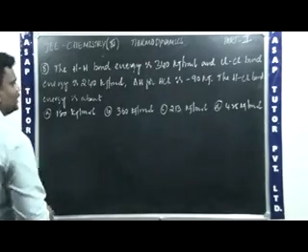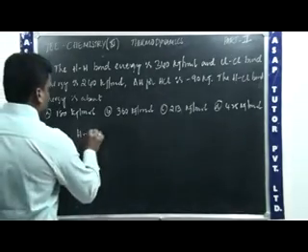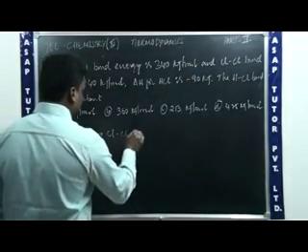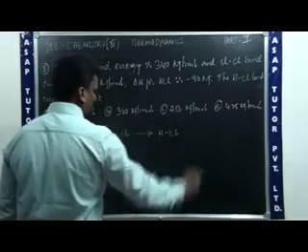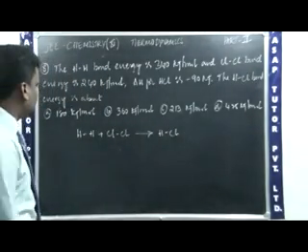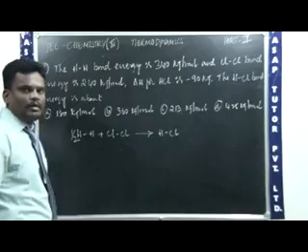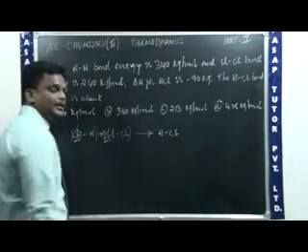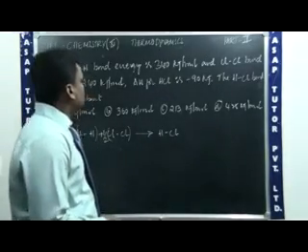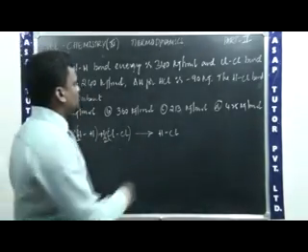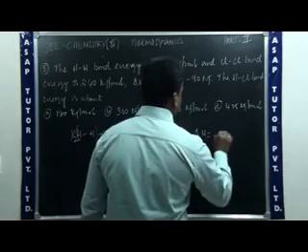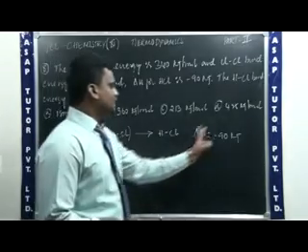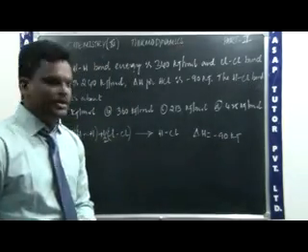See, first I'll write the equation to form HCl. Instead of writing H2, I'll write HH plus Cl gives rise to the formation of HCl. We need to balance the equation. Therefore H2 I can write as half of H2, then Cl2 as half of Cl2, leading to the formation of HCl. There is a change in enthalpy of the formation of HCl. They gave here delta H is equal to minus 90 kilojoules. The energy released is minus 90 kilojoules.